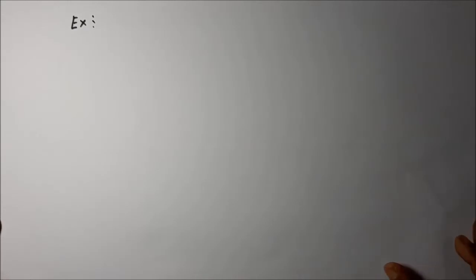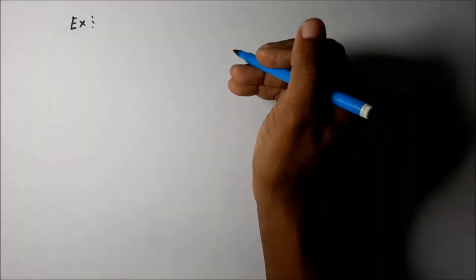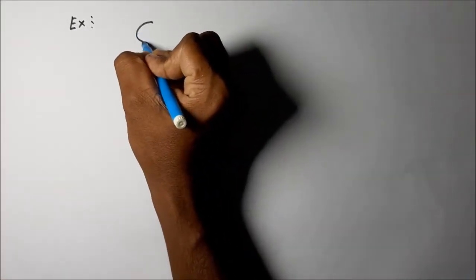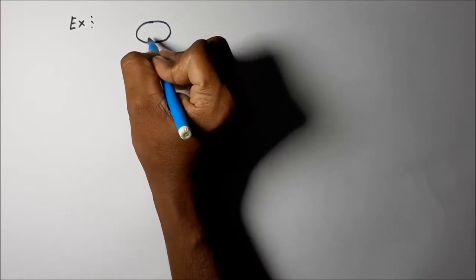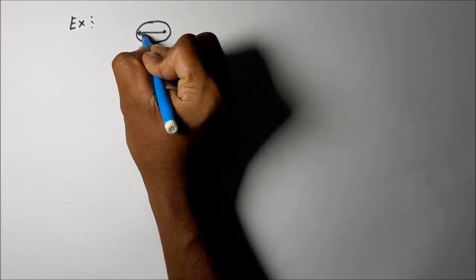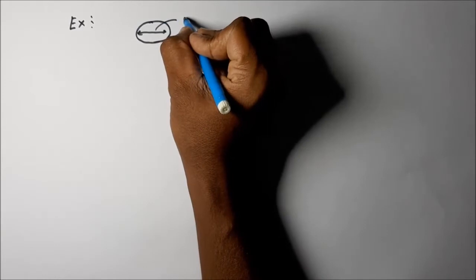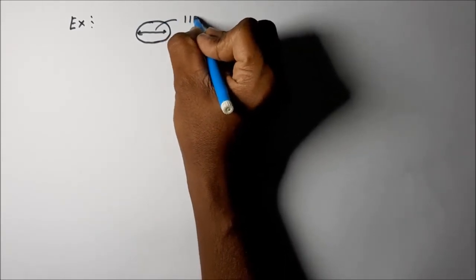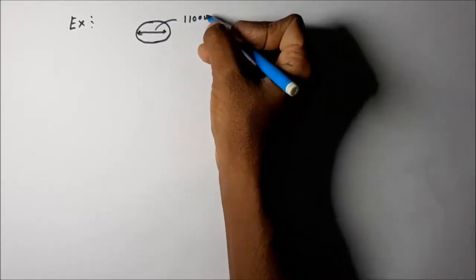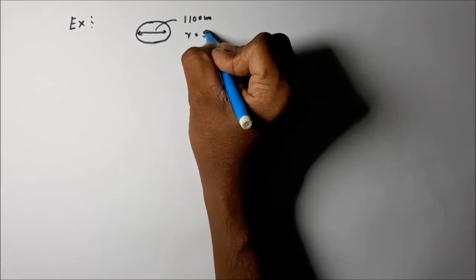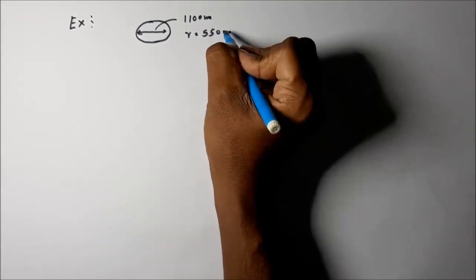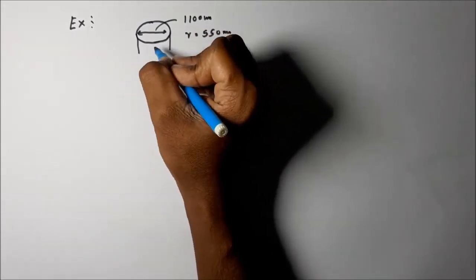What is the shape of the product? It's a cylinder. The diameter is 1100 millimeter, so R is equal to 550 millimeters. Then the thickness is equal to